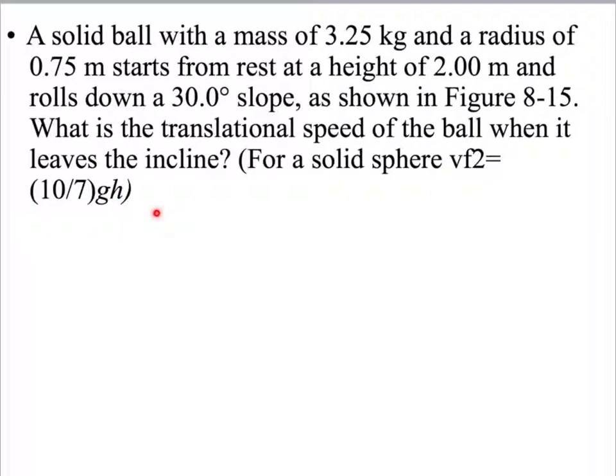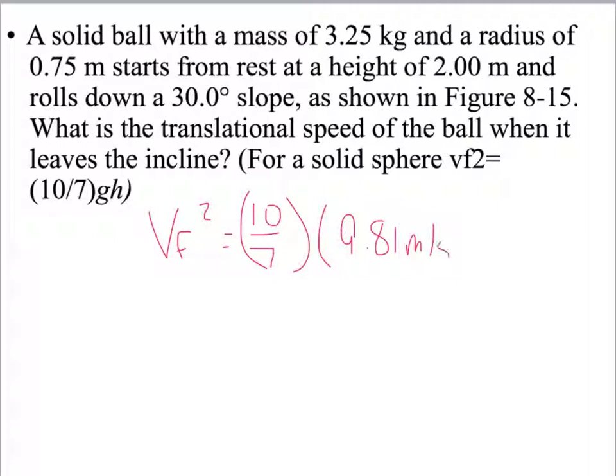So, for this, we're going to plug values in. My final velocity squared is 10/7 times 9.81 meters per second squared. Now remember, I'm using positive because the negative just shows direction, and we know it's going to go in the negative direction. Plus, when I go to take the square root, if I have a negative answer, we don't want an imaginary number in our answer. 2.00 meters is our height. So now, when I calculate this out,